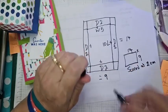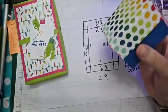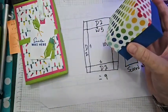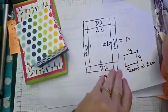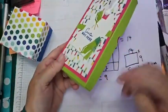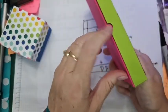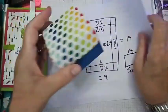Is depth always 3 centimeters? No. The depth can be whatever you want it to be. If you do, for this box, that would be the same all the way round. You would have to put little notches in it. If you want to make one like this, where your lid is larger,